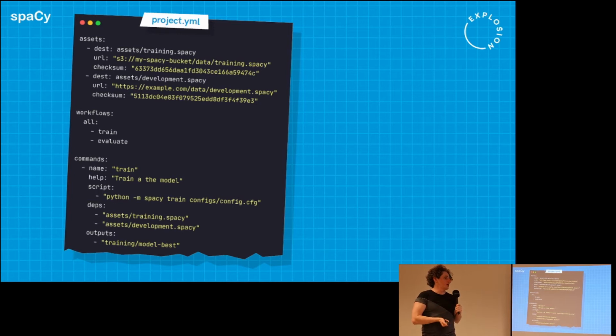We also made sure that the spaCy commands which read YAML read it all in safe mode, and we actually made our own little distribution of YAML to make sure that we wouldn't have any of the problems that YAML can sometimes introduce. So actually, I will diverge on this. Do people know what I mean when I'm talking about security issues with YAML? If you write the most obvious YAML code in Python, like yaml.load on an arbitrary YAML file, you're allowing it to execute arbitrary Python. So if you just download a YAML file and run the most obvious code that's there, you're allowing people to run any code that they want, which I think is not good.